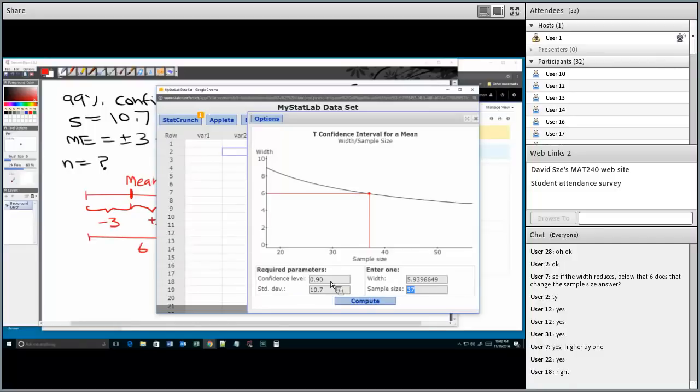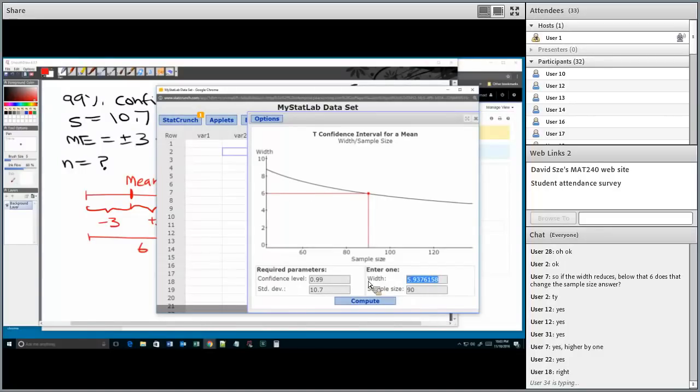So what happens when I reduce my confidence level? Well, decreasing the confidence level is decreasing the sample size. Increasing the confidence level will require you to have a larger sample. Okay? And just like that,